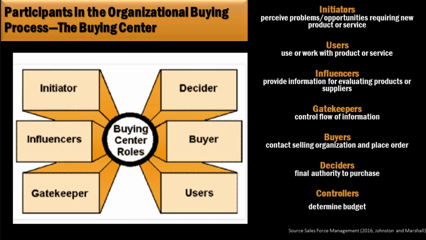Deciders are the people who have the final authority to make the decision. And then controllers, maybe things like financial folks who have budgetary impacts, who say they can or can't spend this amount of money, those kinds of things, right? So those would be controllers. So these are 6 different roles of people that might come into play in the process. And I'm actually listing on this side 1, 2, 3, 4, 5, 6. I actually added controllers because controllers could be considered a subset of influencers, for example, right?